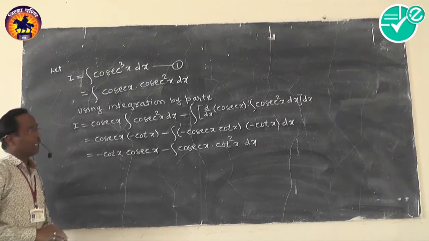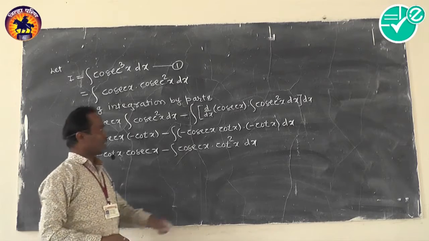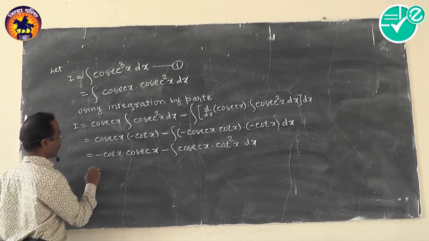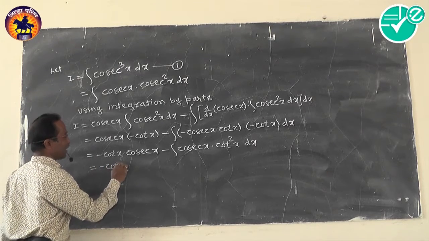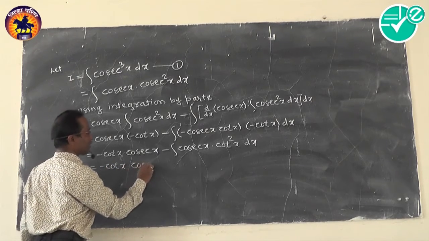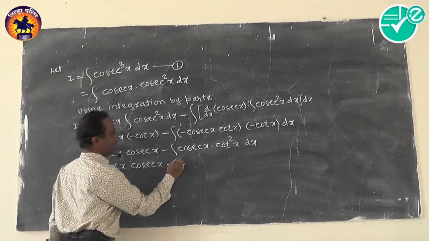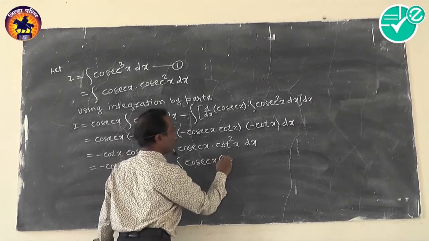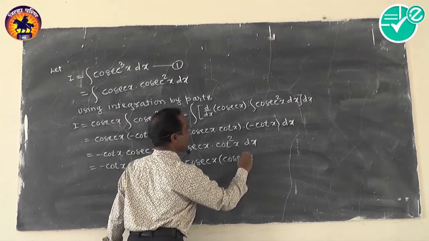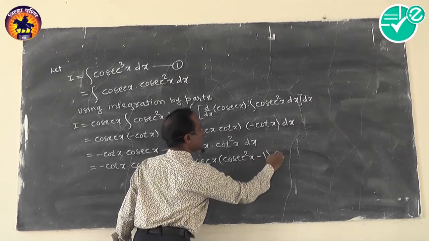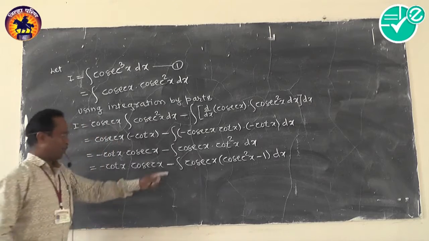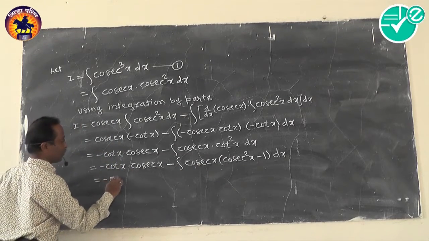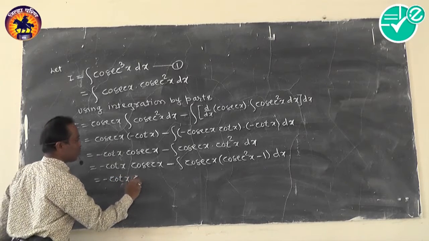Now we want to use the fundamental identity. Cot square theta can be written as cosec square theta minus 1. Minus cot x into cosec x minus integral of cosec x into cosec square x minus 1 dx. Now multiply cosec x into this bracket and write down the separate integrations. We get minus cot x into cosec x